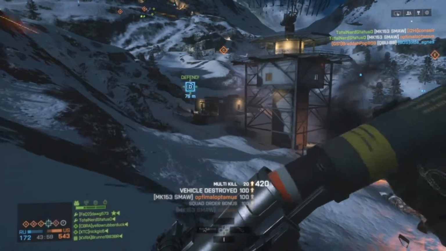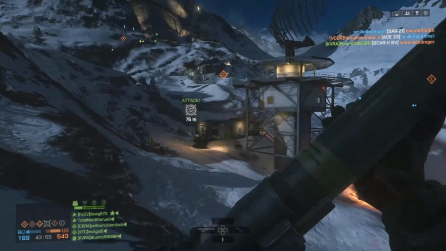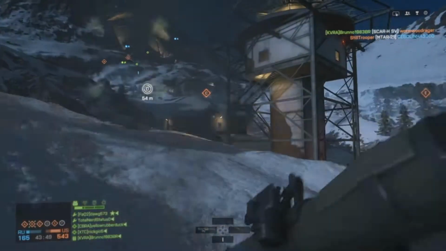So this is Hangar 21. I thought it was called Hangar 18 for some reason. My mind's set on Black Ops 1, I think it is, but regardless. This is Hangar 21, one of the new Final Stand maps, and